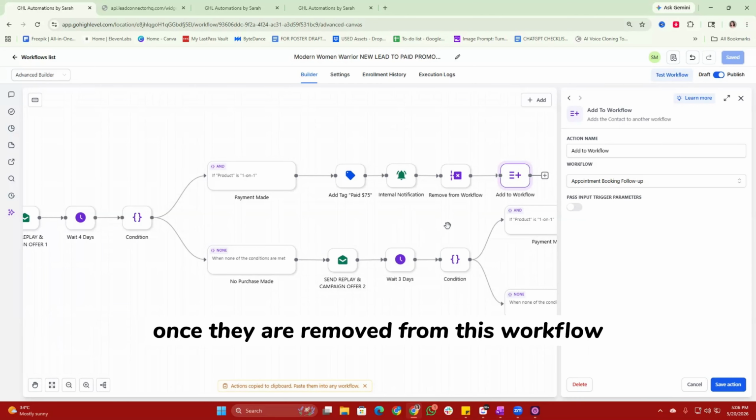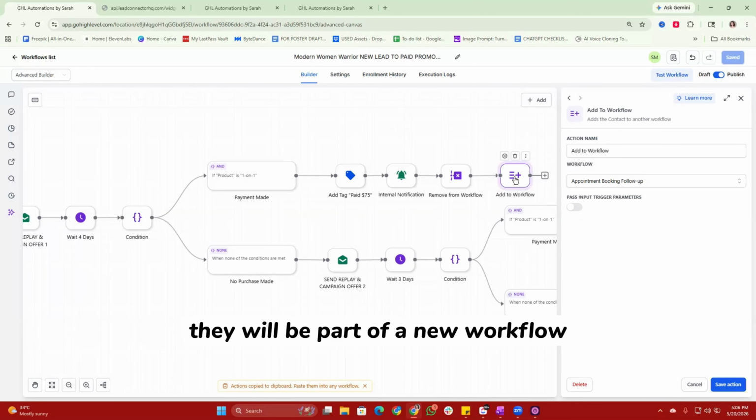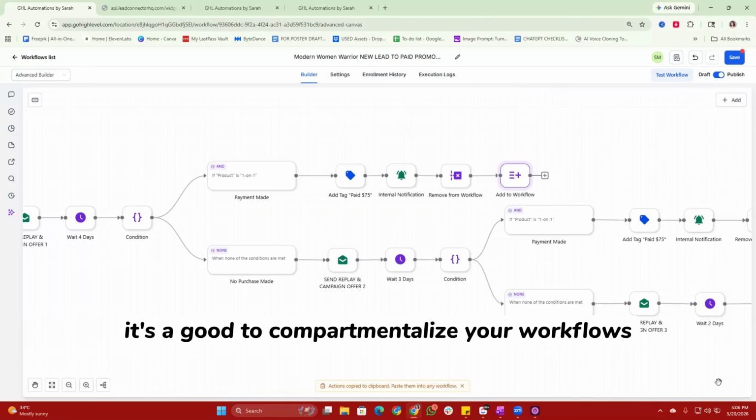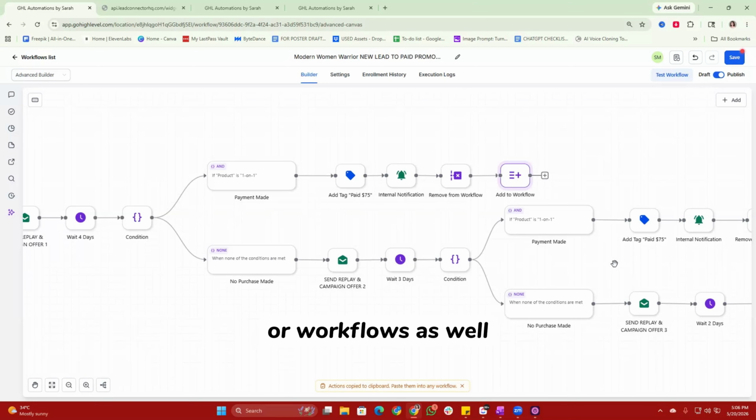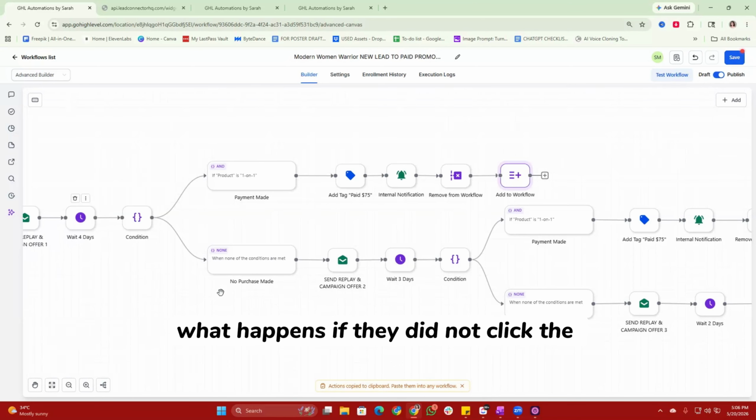Once they are removed from this workflow, they will be part of a new workflow which is set for appointment and booking follow-ups and reminders. That's a different workflow. It's good to compartmentalize your workflows so that you can easily integrate them into other paths or workflows as well. What happens if they did not click the call to action button,